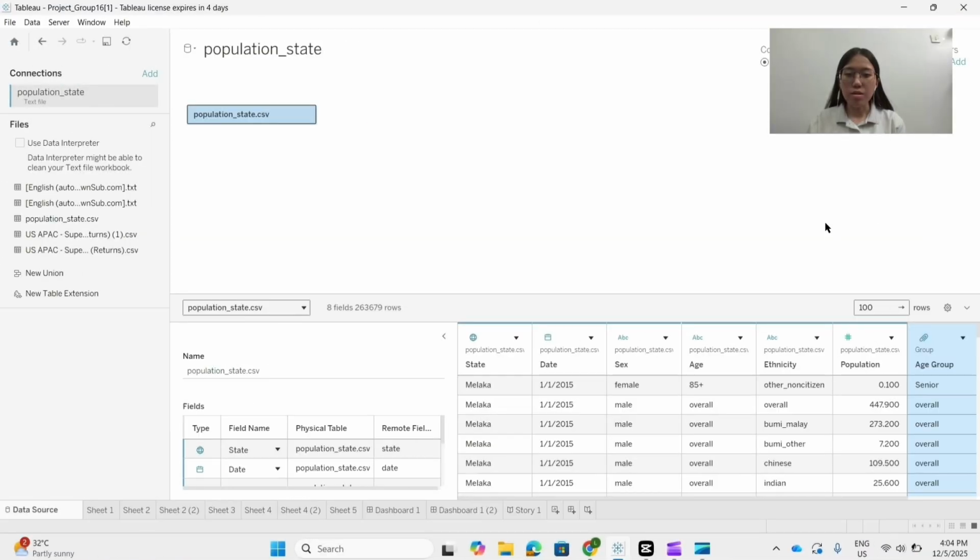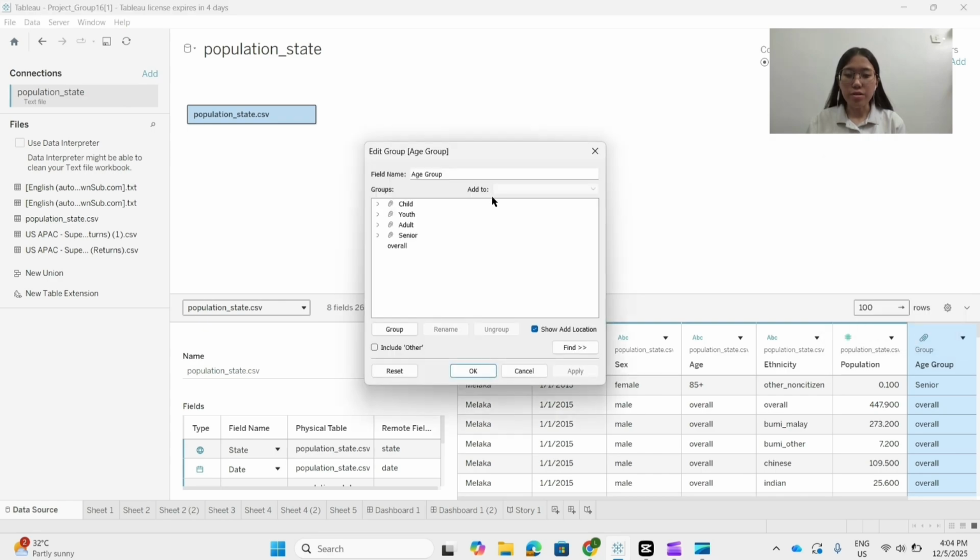To make our analysis easier, we start by creating age groups. We divide into 4 categories: child, youth, adult, and senior. Note that 5 to 9 and 10 to 14 means 5 to 9 years and 10 to 14 years old